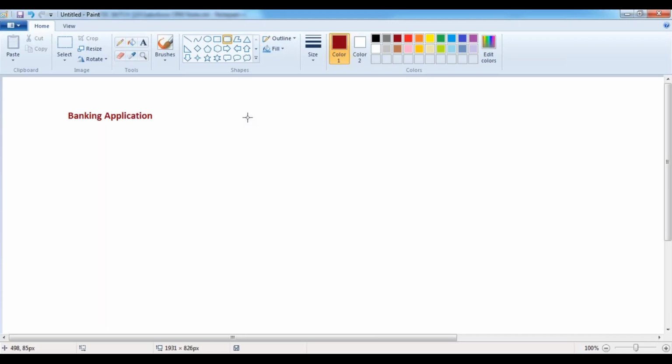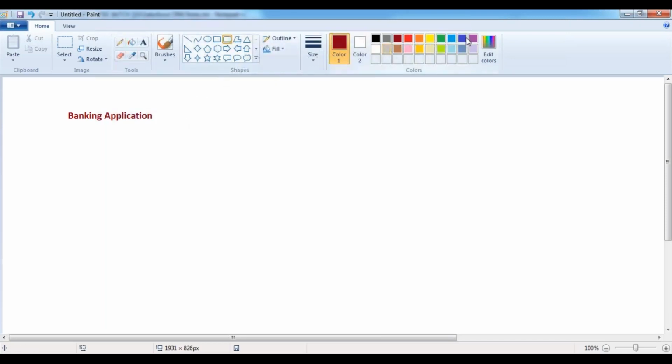So to store this information, we need some tables, right? Yes. In order to store the application related data, the banking related data, we need some tables.